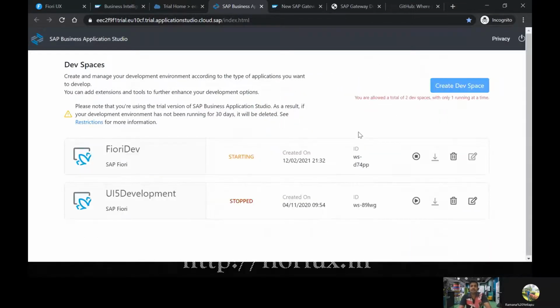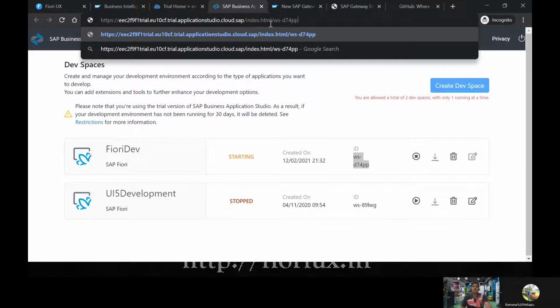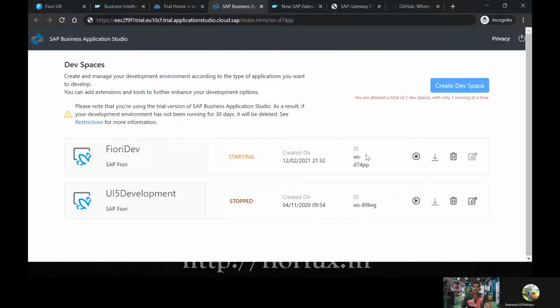If we are using multiple dev spaces, one shortcut which will help you throughout is to copy this particular ID and paste it next to index.html, put a slash and then this ID. This will take you to the respective instance. In this case, I have 2 instances. Whenever I want to use a particular instance, I can bookmark this URL with the ID. Make sure to always start the instance before accessing it. Like we said, the validity of this workspace is 365 days. Make sure to periodically take a backup by downloading using this section.